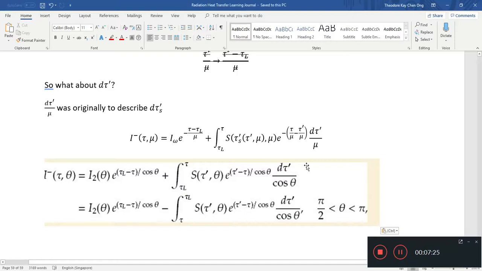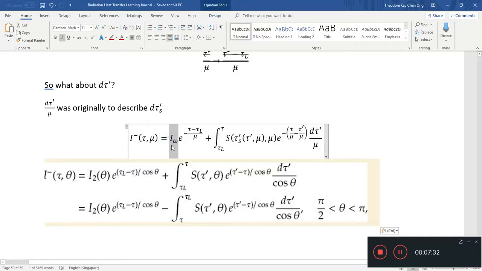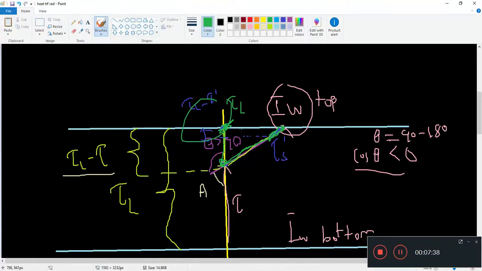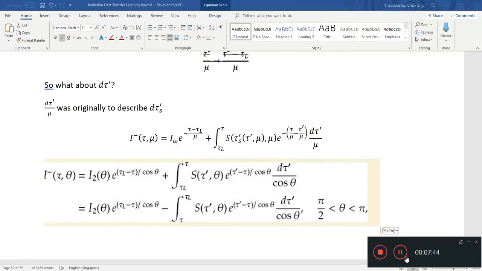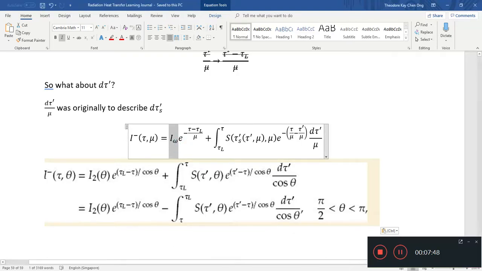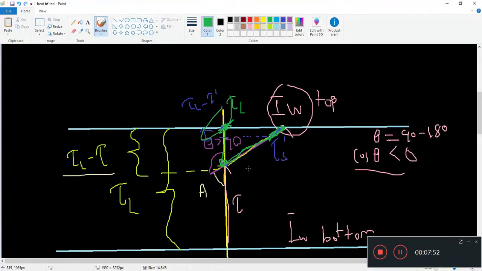So we have I2, or rather this I omega, which is representative of the intensity at the top plate. So where's the top plate? The top plate is here. Intensity at the top plate. So I2 or I omega in this case is referring to the radiation coming from the top, and the